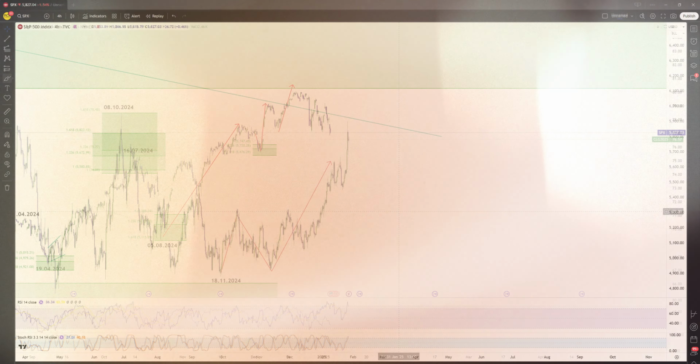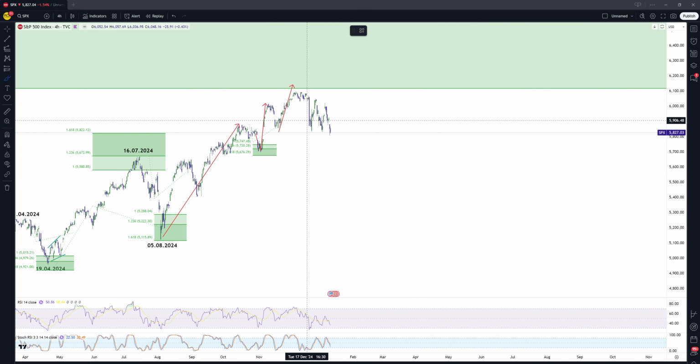So for the S&P 500, as you know, we have expected here to get some reactions, but the market was not ready, as you can see, to give us a move to the upside. And that's why we have explained many times, this is not a market to be chasing and trading at the moment because of a bigger risk of a double correction lower. We can see here that the market is filling up a gap that we have seen here at the beginning of November after this last potential short-term buying area before the pullback.